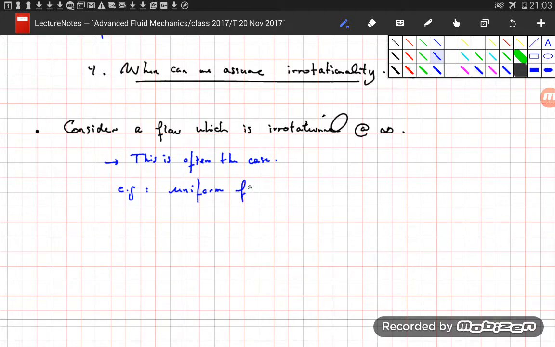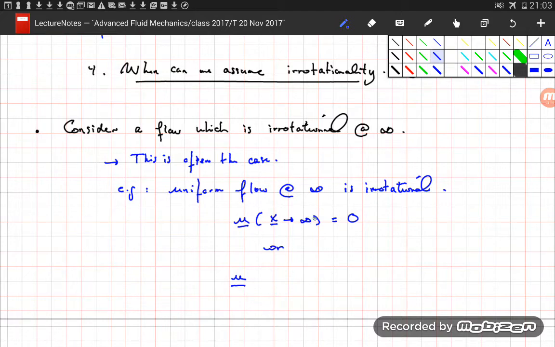But in any case, the flow will be irrotational at infinity if it is uniform at infinity. So a uniform flow at infinity is irrotational, and that includes most of the flows that we've seen, in particular the flow where u is equal to 0, so at rest at infinity, or